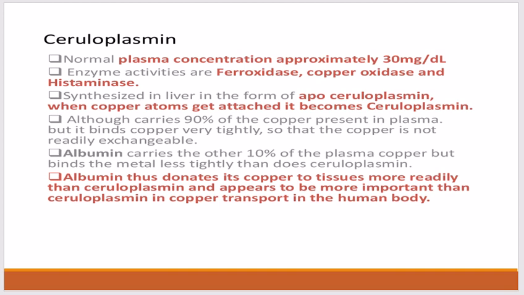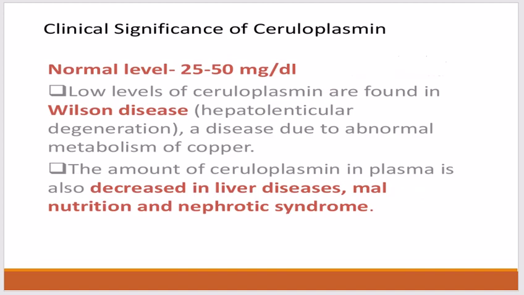Albumin carries the remaining 10% of plasma copper, but it binds the metal less tightly than ceruloplasmin does. Albumin thus donates its copper to the tissues more readily than ceruloplasmin, and appears to be more important than ceruloplasmin in copper transport in the human body. The normal level of ceruloplasmin is 25 to 50 milligrams per deciliter, and low levels of ceruloplasmin are found